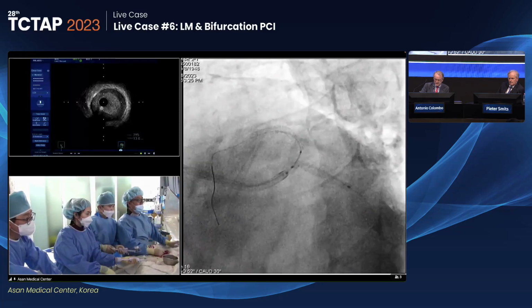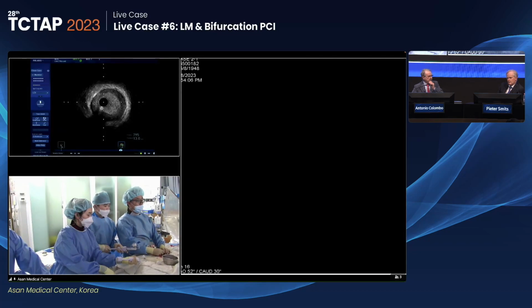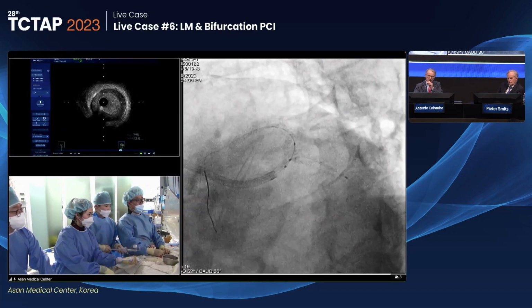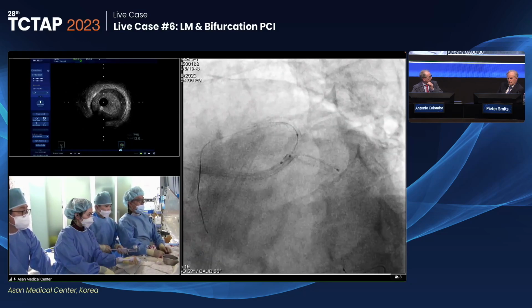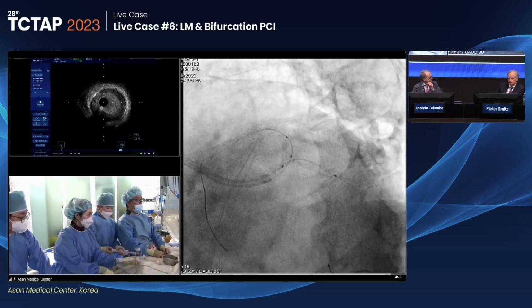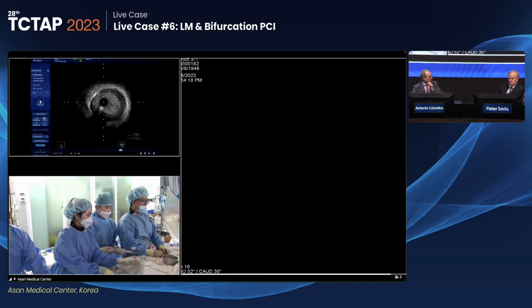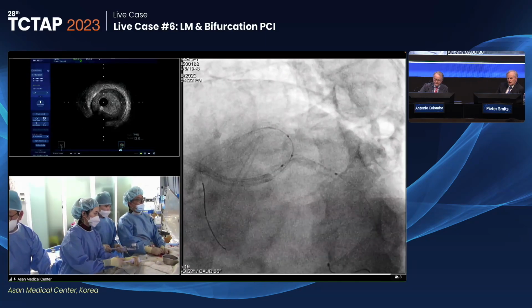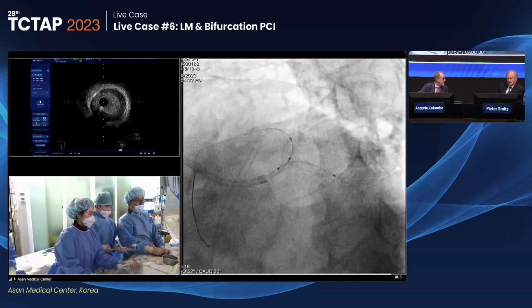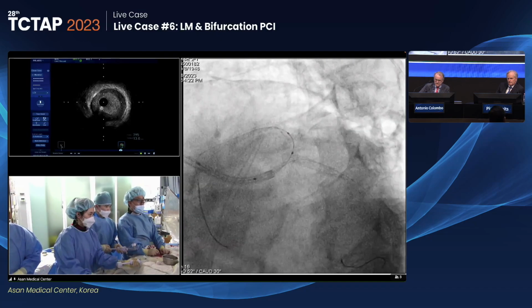Okay, 12, 14. If you do a two-stent technique, this angle is not so bad to consider a T-stenting also. Yes. And 12, 14, considering the angle, because the left main is very big, almost perpendicular. It's not bad. So we put the 3.5 stent, another giant stent. The length is